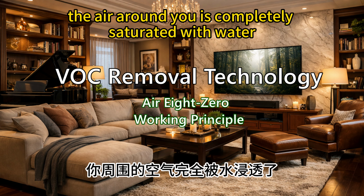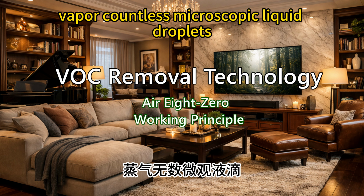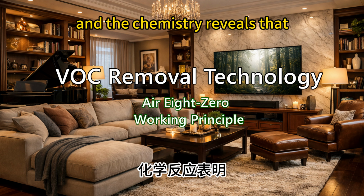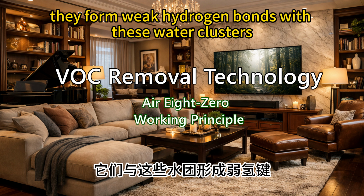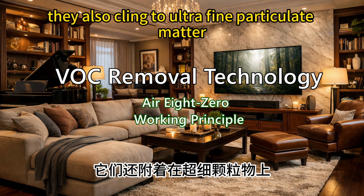That means the air around you is completely saturated with water vapor, countless microscopic liquid droplets, and the chemistry reveals that VOCs don't just float around independently. They grab onto something. Right. They form weak hydrogen bonds with these water clusters. They also cling to ultrafine particulate matter, specifically